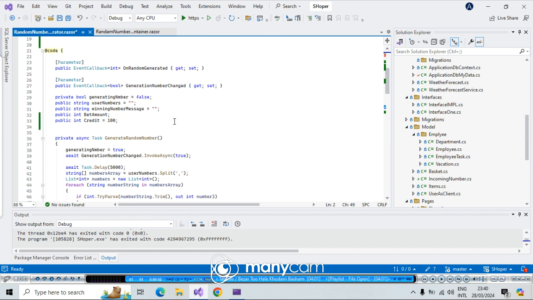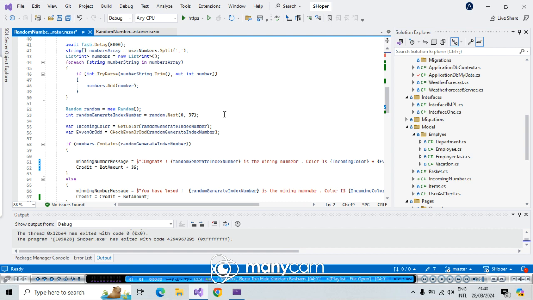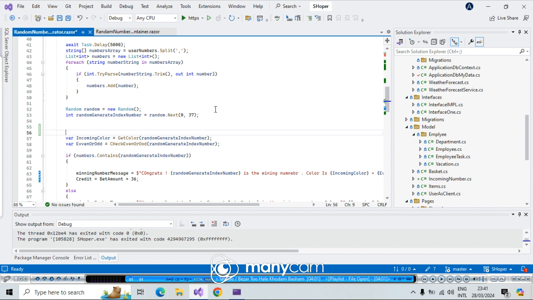Okay, now here when a random number is coming, at this point, I want to say underline context dot